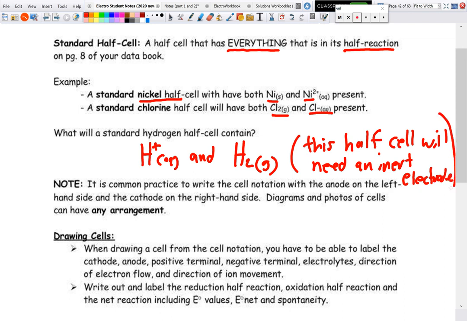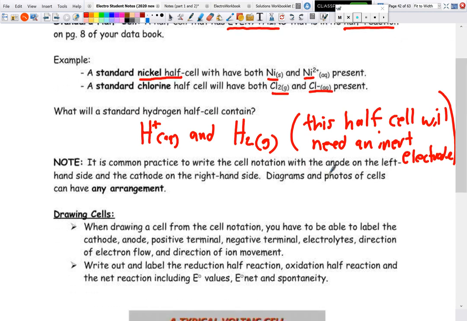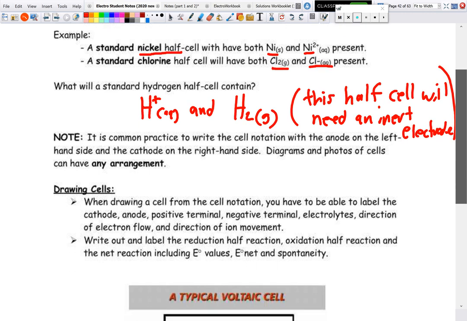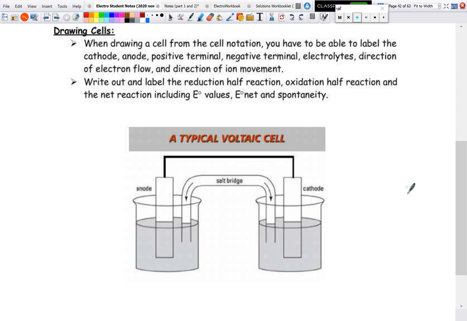All right, so going back to that thing about inert electrodes, if there's no solid showing up inside of that half reaction, you'll need to have an inert electrode there. It is common practice to write cell notation with the anode on the left-hand side and the cathode on the right-hand side. But just remember that's not always going to be the case, so always try to find your strongest oxidizing agent and reducing agent and figure out which one's losing the electrons, which one's gaining the electrons before you draw it out. Now when we're drawing cells, and this is just going to be our last thing, going from cell notation to actually drawing them,